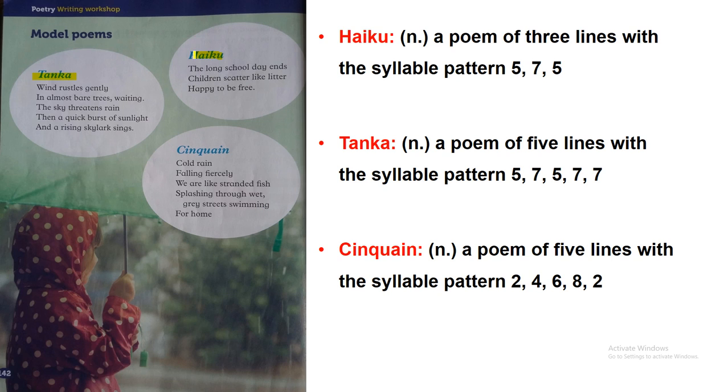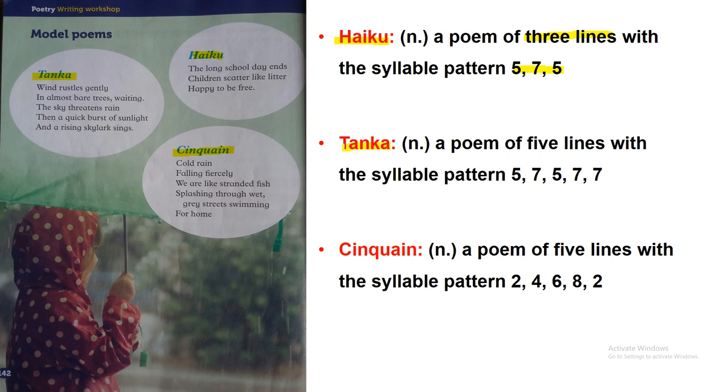haiku, or sinkan. So let's revise what's the difference between the tanka, haiku, or sinkan, and make sure to choose one of them in order to write your own type of poem. First one, the haiku. It's a normal poem of 3 lines, just 3 lines as we have here. This is the haiku, 1, 2, and 3. With the syllable pattern 5-7-5. The first line has 5 syllables, the second one has 7, and the third one has 5.